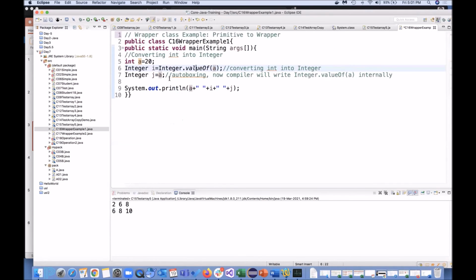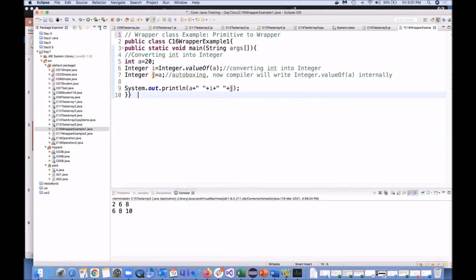Okay, and then once this is converted, then I can say j equal to a, plus i plus j. This is known as conversion of int to Integer. This is known as autoboxing. Autoboxing, auto means automatically. Now on your behalf, compiler will be writing this code, Integer.valueOf(a).